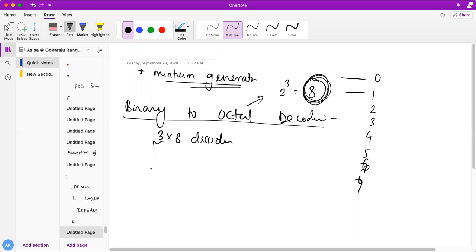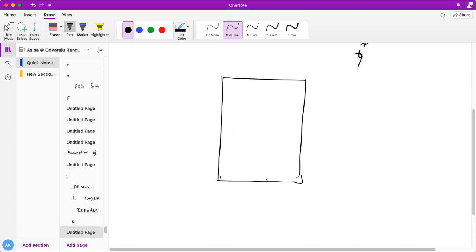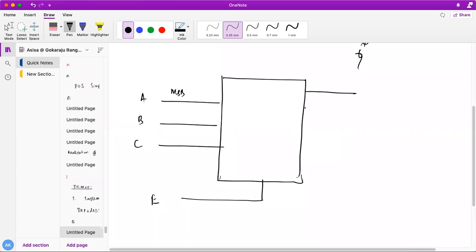So now the question is what will be the inputs here? The inputs are 3 inputs obviously, and I have told here this is active high. I have not yet discussed active low, students, don't worry, I will tell it. So this is my active high and it takes 3 binary inputs A, B, C. Don't get confused, this is the MSB of the input, and here I will be expecting 8 outputs.